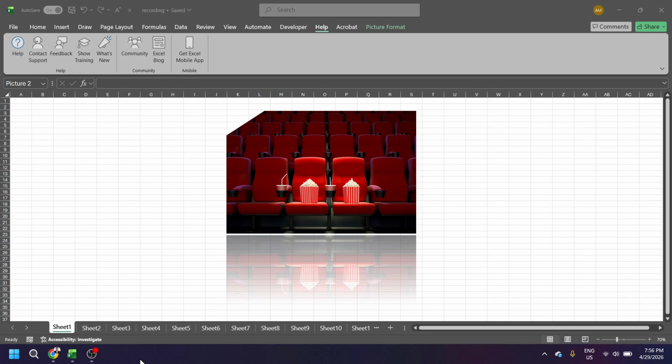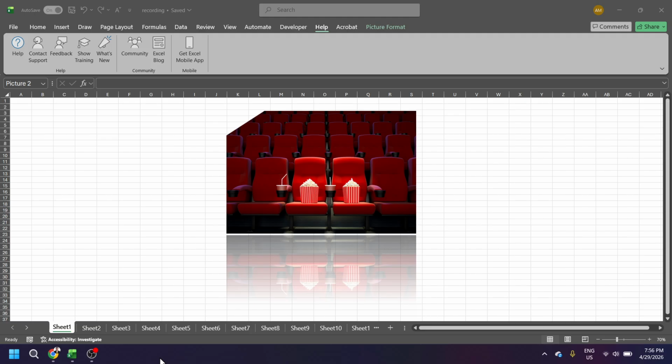In today's video, I'm going to teach you how to reset picture in Excel. If you've ever brightened, cropped, recolored, or added effects to an image in your worksheet, and later wished you could go back, the reset picture command is exactly what you need. It rolls your image back to the way it looked when you first inserted it, without you having to manually